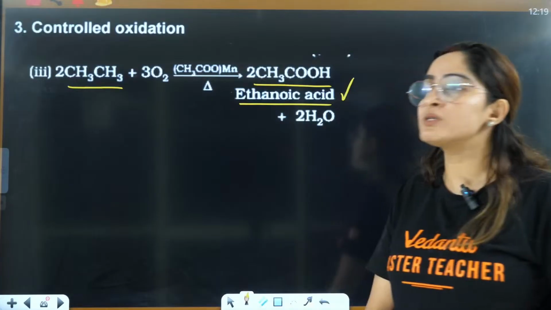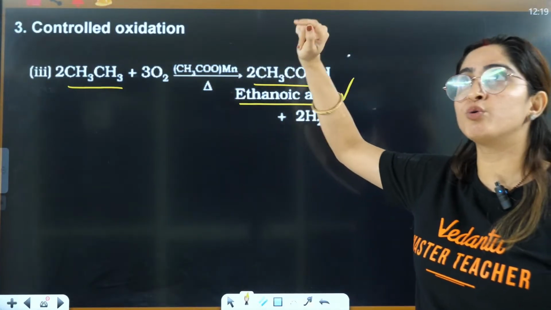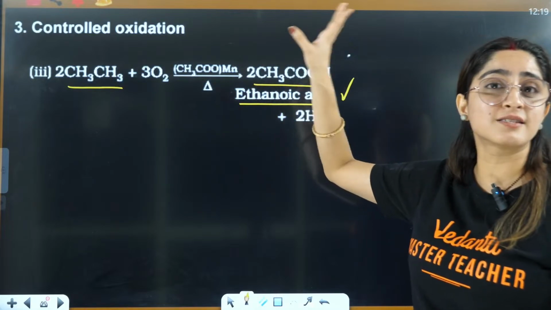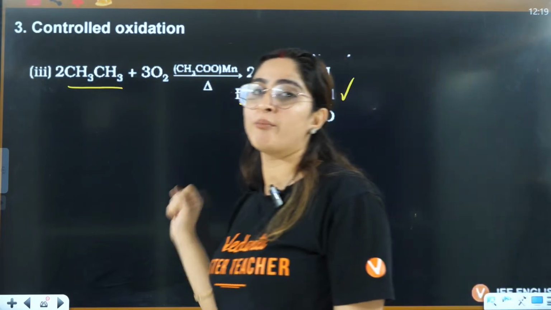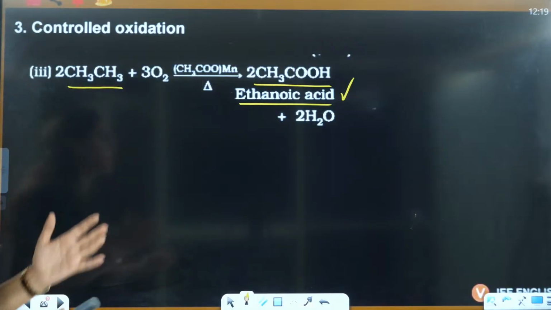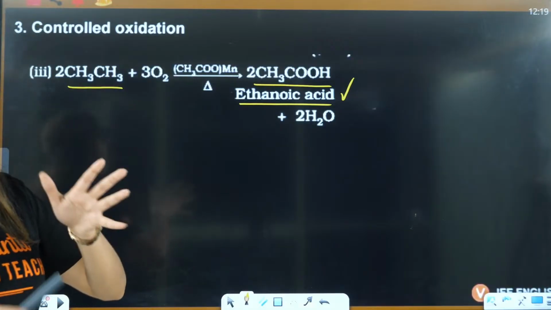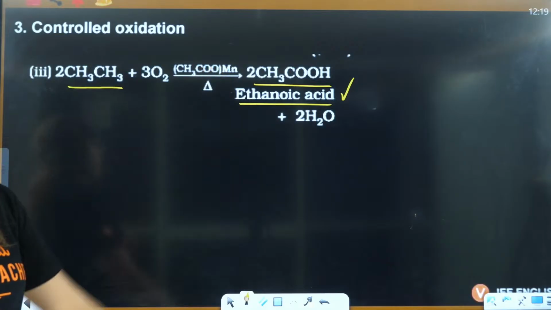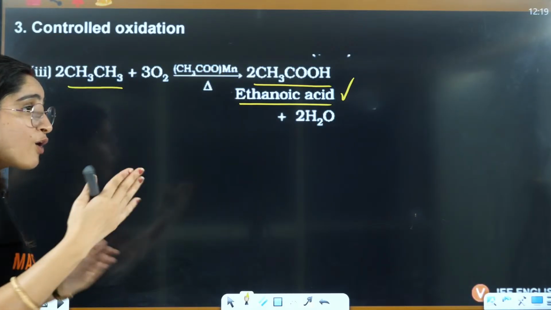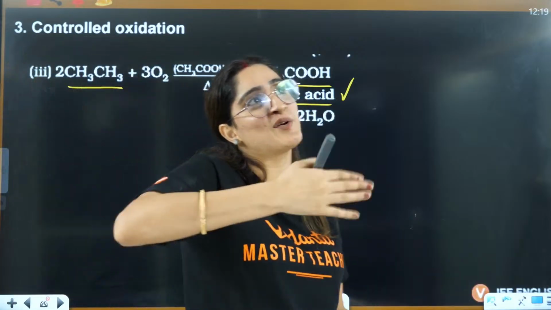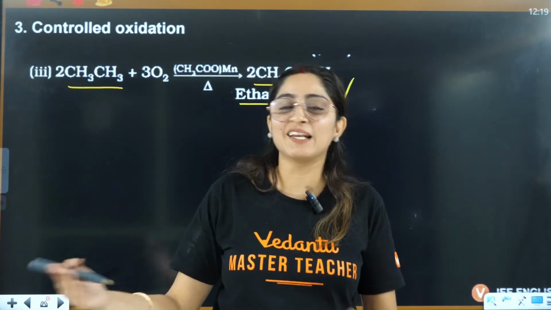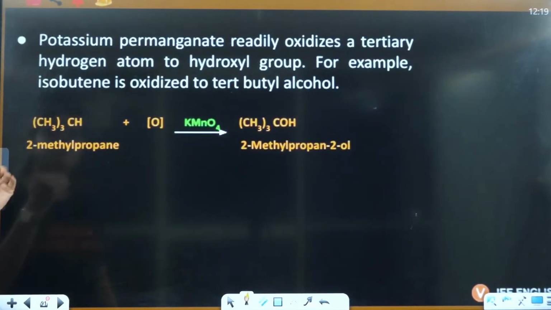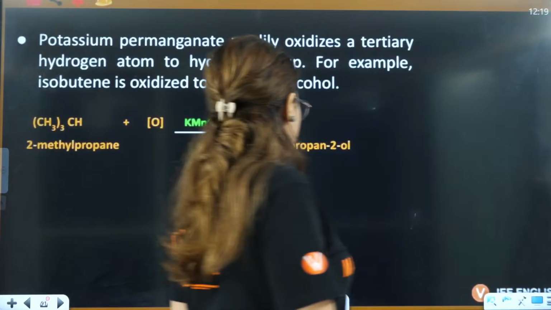And when you use ethane, you use oxygen and you add here manganese acetate, then you have the formation of the corresponding carboxylic acid with the same number of carbons. Don't remember ethanol, methanol, just remember alcohol, aldehyde and carboxylic acid is used. That's how you have the chapters, right? Alcohol, then aldehyde, then carboxylic acid. So that's how you can remember. Okay. Now next is